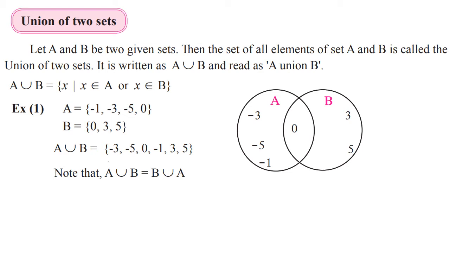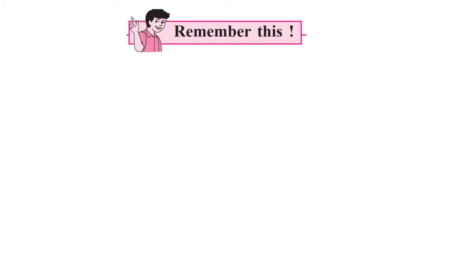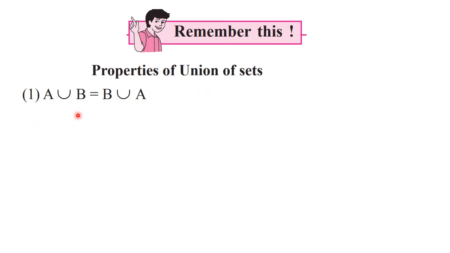Okay, now let's go ahead. Now let us see the properties of union. As we have seen for intersection, the very first property here is A union B is equal to B union A. It is called the commutative property: even if we change the sequence, the union is going to be the same. Then the second property: if A is a subset of B, that means A is a smaller set and B is a bigger set, then A union B is B, that is, the bigger set. In the case of intersection, it is the smaller set. Exactly opposite, you have to keep that in mind.